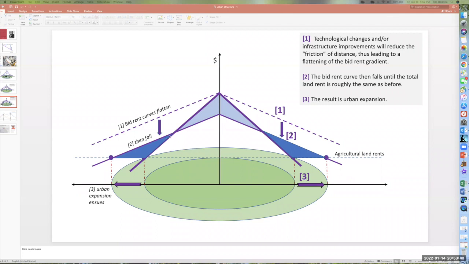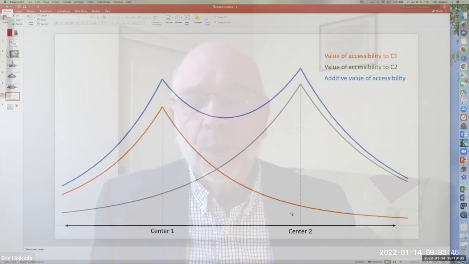And so again, as in the previous example of an increase in population, here with this enhanced mobility, with the lower impedance brought about by distance, that spatial indifference curve that's represented by the bid rent curve is flattened, and it moves out and extends, and again encroaches upon what was previously agricultural rents. Now we move to